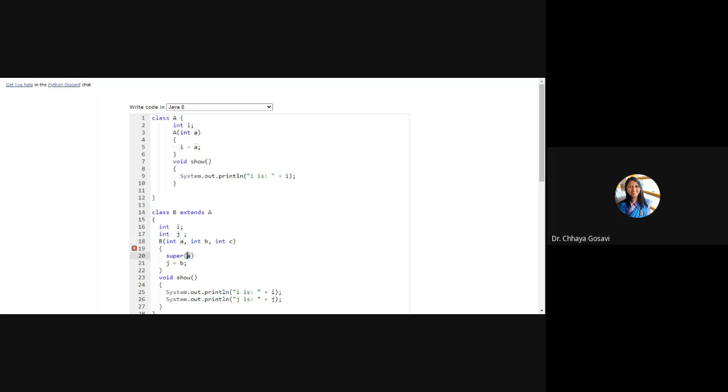A will initialize this i, b will initialize i of class B, and c is for this j.